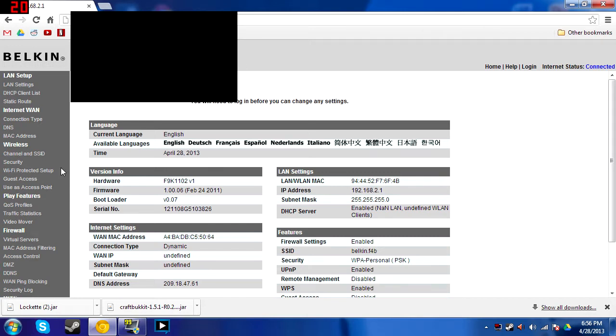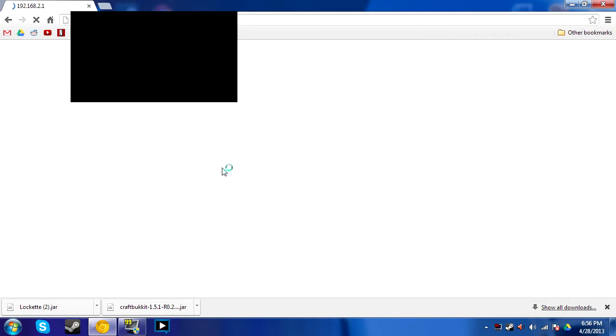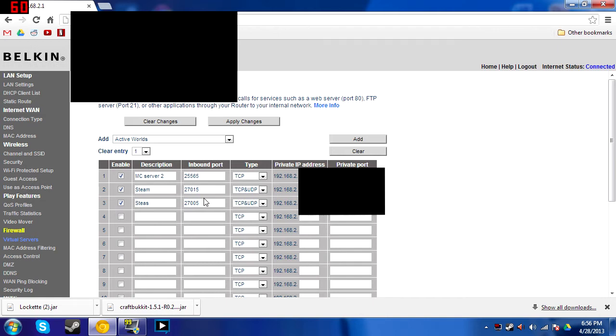So what we want to do from here is go to virtual servers for Belkin. This won't be the same for all routers. I'm using Belkin again. So if you're using Belkin, this is easier. Go to submit, and then a whole list of servers should come up. I have a few extra servers. I have Steam servers, and then I have the Minecraft server. So you want to put in enable for Belkin. This is all Belkin. It could be different. You might want to look up a different video if it's not